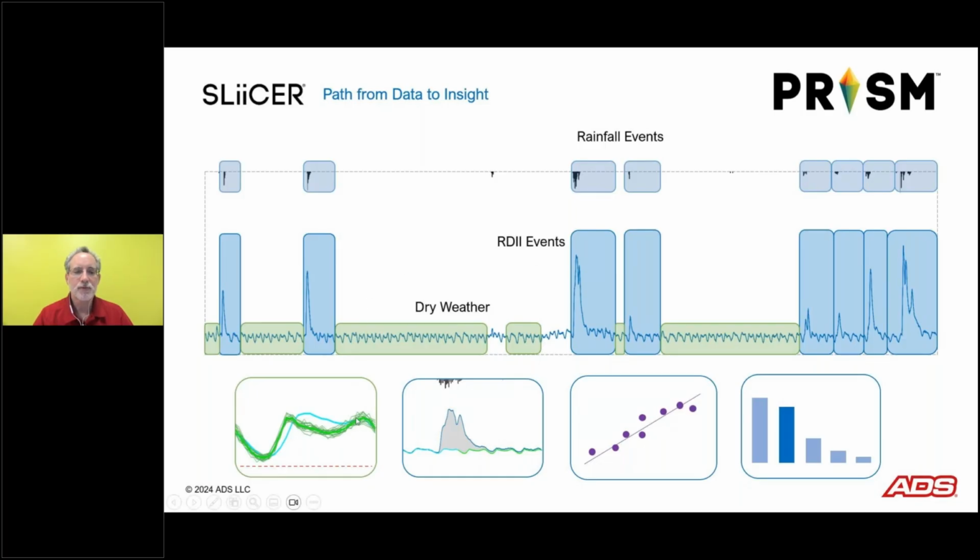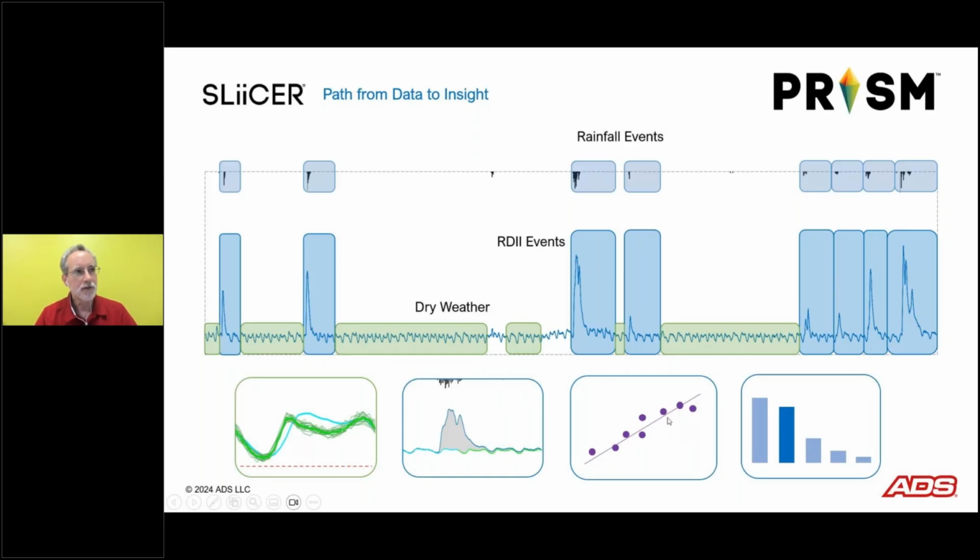Once we have that dry day information, we're able to look at individual storm events, and we can then calculate the I&I from each of those individual events. On this third graph on the bottom, we can then start to relate how much I&I you get for how much rain, and we look for a consistency in that. So I have 8 rainfall events on this slide, and you'll notice 8 data points representing the I&I from those